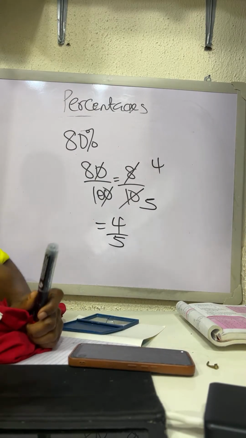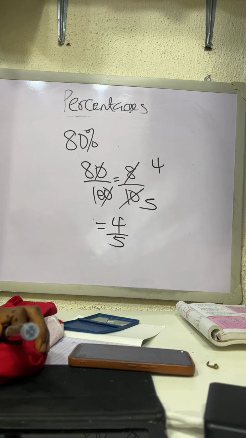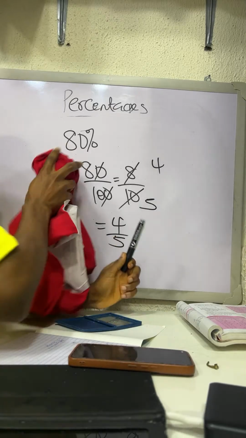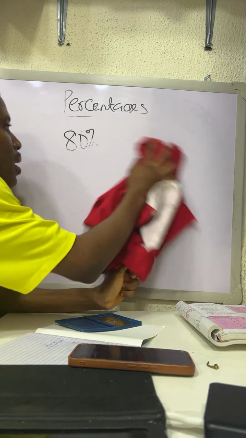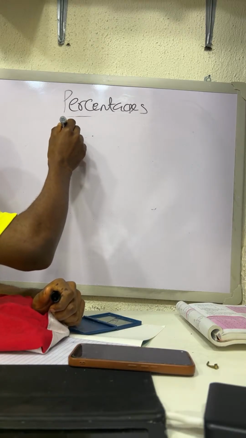Okay, so this is how we do it. It's very, very easy to do. So the answer is 4 over 5. Let's look at the next one. Let's say we have